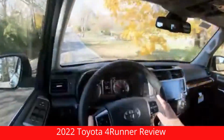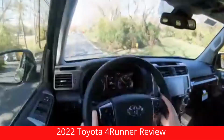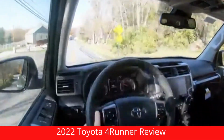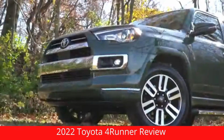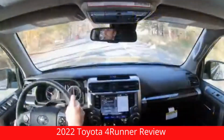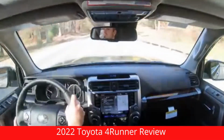But there are other suspension setups available for the 4Runner for different needs. Take for example, the Kinetic Dynamic Suspension System. That's going to be optional for the off-road trims, and that's probably going to be your best off-road configuration. So if you were planning on off-roading a 4Runner, that's going to be the option that you want to go with. There's also Fox high performance shocks that come standard on the